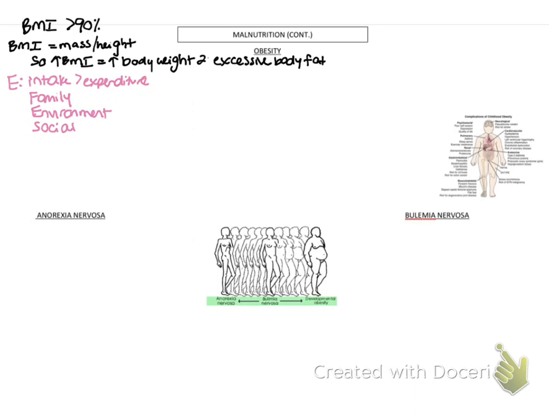We've got social factors. McDonald's wants to supersize it and your peers pressure you. How many of you go out and you're like, no, I'm not going to have that cake, and then you shove 4 pieces in your face because your friend is eating it, right? So there's cultural factors.